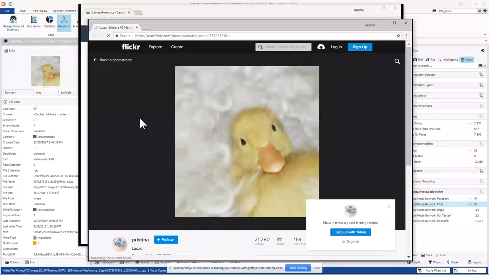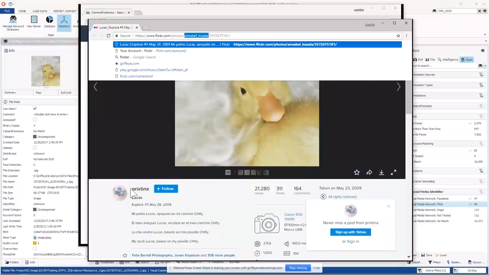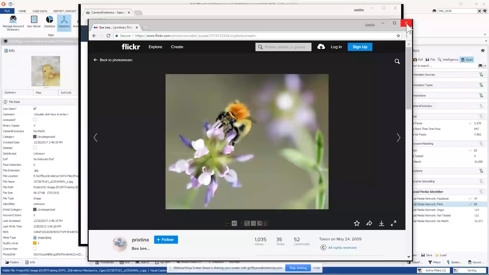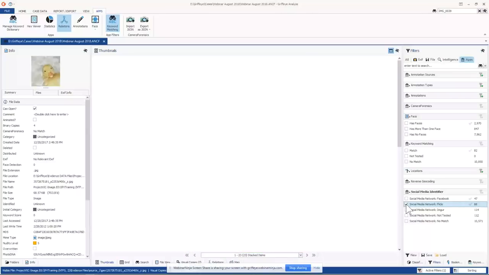Let's say this is important in your investigation, or it's child abuse or something like that in the imagery. Now you have a lead you can get to from outside the internet. This looks like it's under this Annabelle Lozado with a username of Prixtina. You can then go to that particular website and serve them with process, or wherever your case may lead you. We also have Imgur.